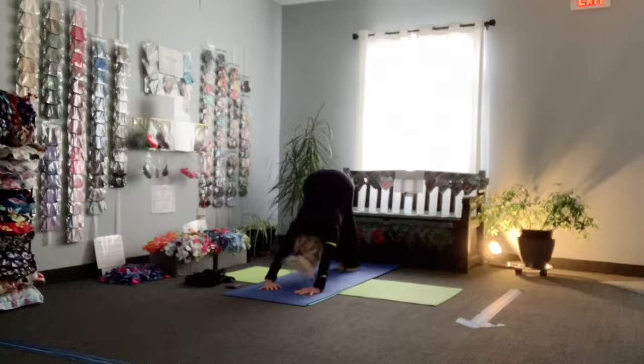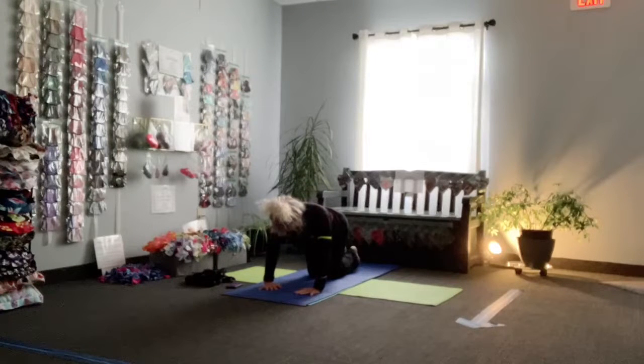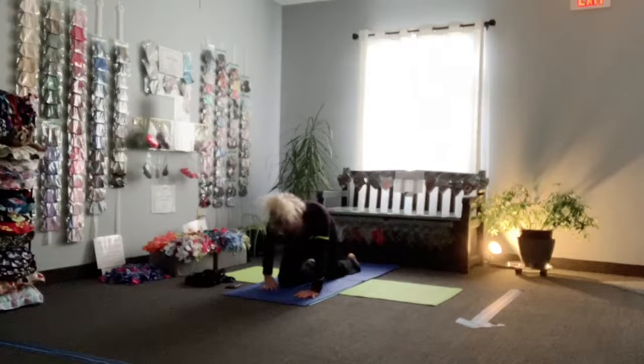And then from there, let's ease back down onto all fours and extend through the heel of your left foot, this time reaching the right arm forward and then lifting that right foot so it's not helping you balance. We'll bring the right hand and foot back down and then ease the left knee through so it's behind the